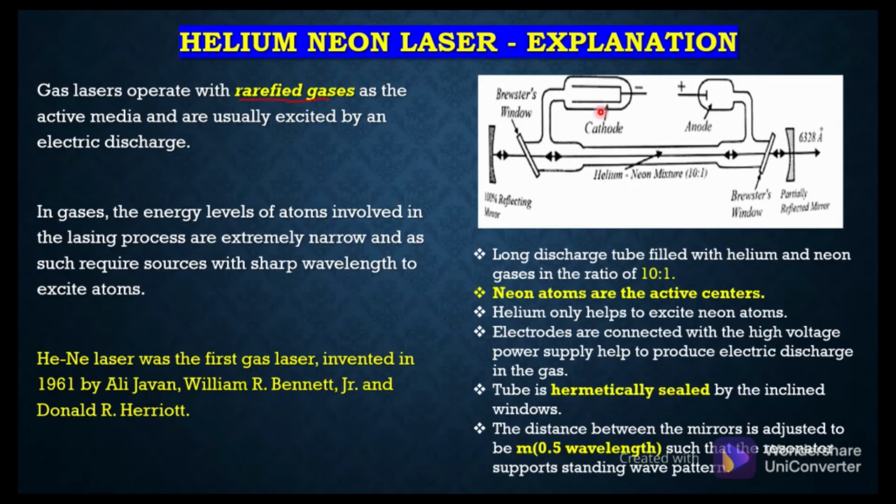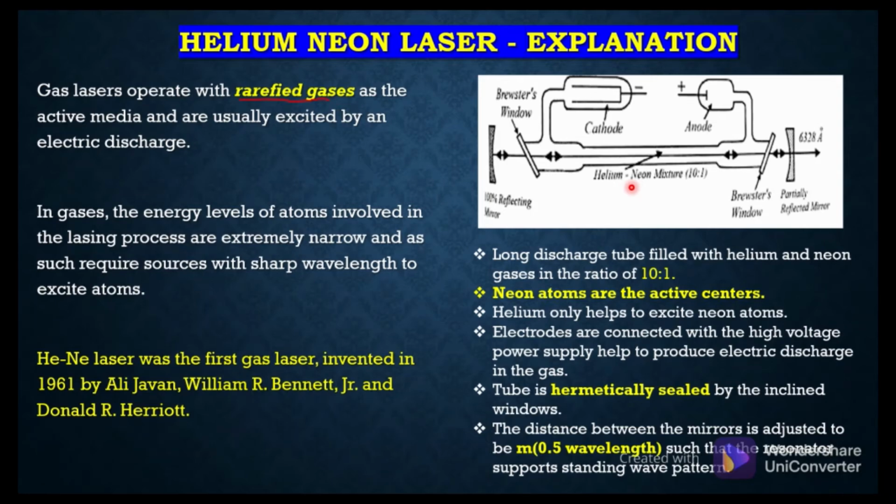You can see on the right hand side the picture of a typical helium neon laser. Here the discharge tube, that is the tube which is containing the gas mixture, is very clearly sealed with the helium neon gas mixture. Helium will be in the concentration of 10 and neon atoms will be 1. So helium to neon gas mixture will be at a composition 10 is to 1, and neon atoms are the active centers. Though they occupy lesser composition or lesser volume, they are going to act as the responsible atoms for laser